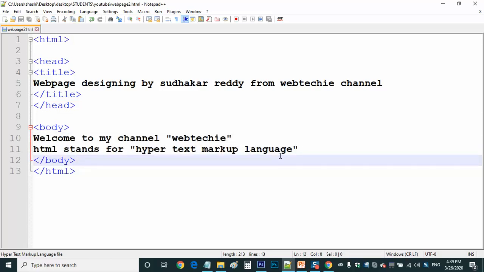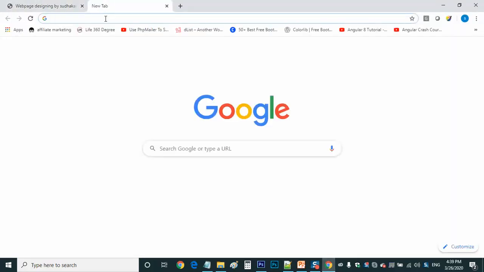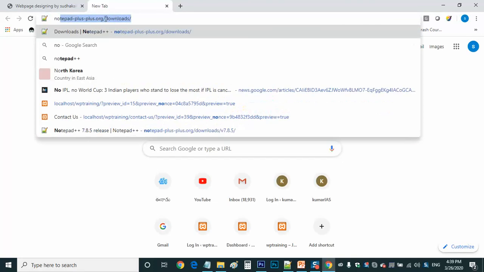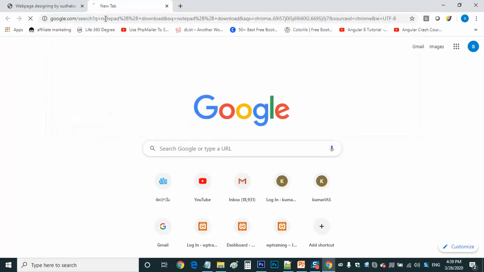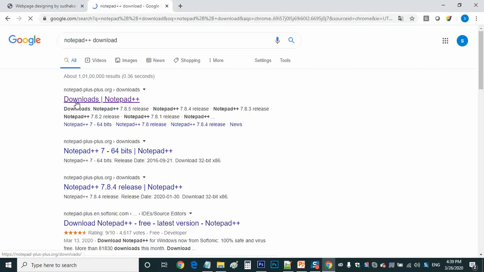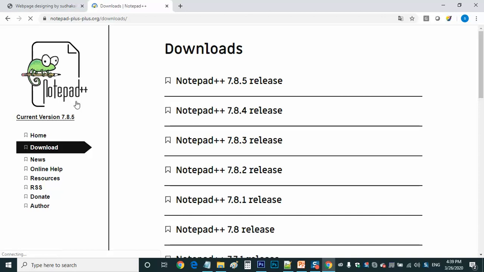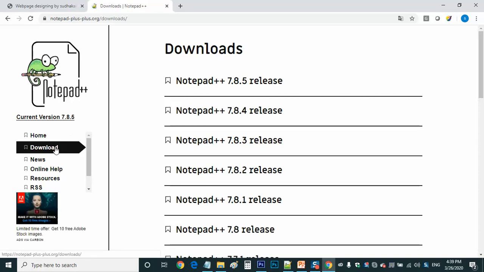As I said, if you want Notepad++, we can go to Google and search for Notepad++. Just type it and choose it from here, and from there you can download it.